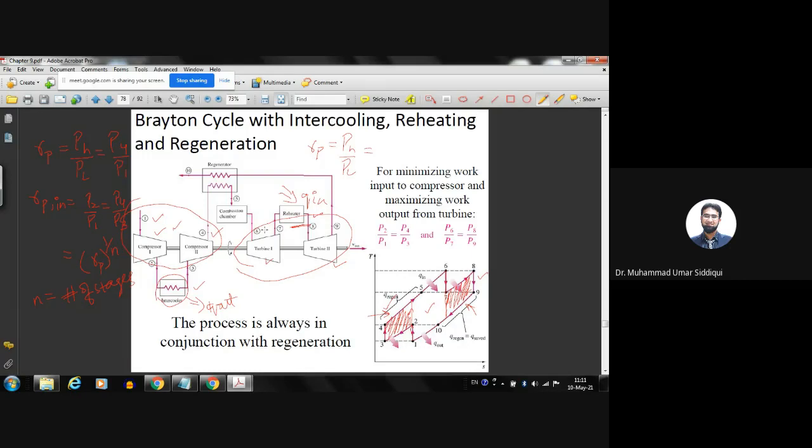The highest pressure would be at the start of the first turbine. It should be P6, divided by the lowest pressure, which will be at the exit of the last turbine. It should be P9. So P6 by P9. So this is RP. And then we can determine the individual pressure ratios for each turbine. So RP individual,